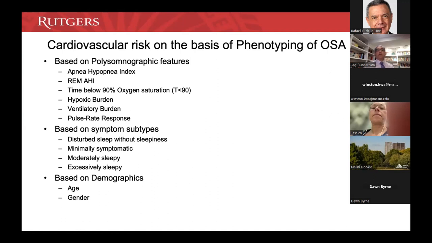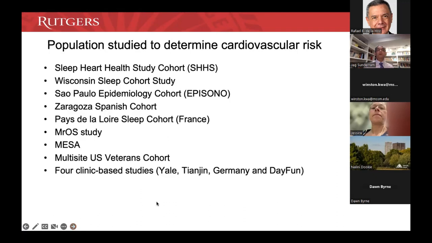Now, the majority of the data we have is based on the apnea-hypopnea index. And so I'm going to go through the literature on the apnea-hypopnea index and the cardiovascular risk, and show you what the available data is for either all of the cardiovascular risks or individual cardiovascular outcomes. So to look at this, there have been a number of observational studies performed, as well as randomized control trials.